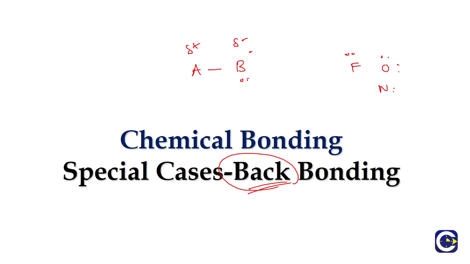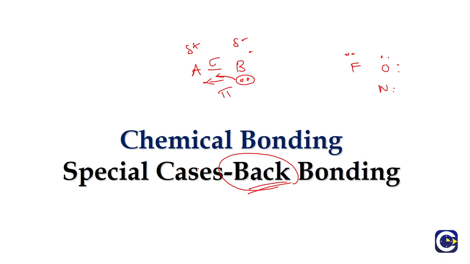Now let us say there is a lone pair of electrons on the element B. This is the electronegative element. Maybe it is oxygen, fluorine, nitrogen, or chlorine. If this lone pair of electrons is used in forming a coordinate covalent bond, that bond is formed in addition to the already existing bond between the two atoms A and B. See, the first bond between any two atoms will be a sigma bond. The subsequent bond formed will be a pi bond. So the coordinate covalent bond will be a pi bond here.